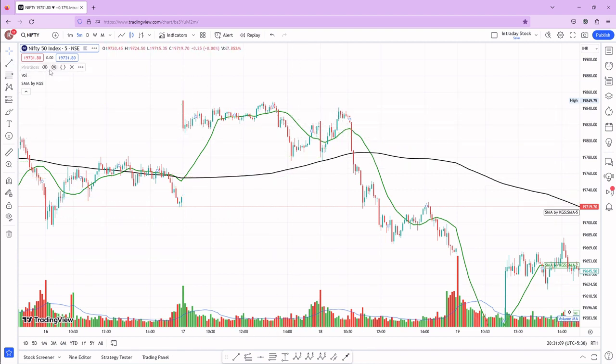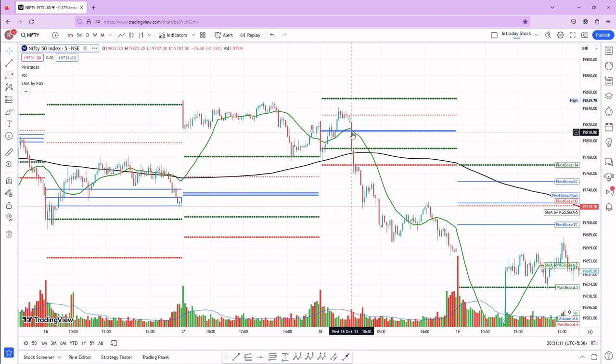But with the help of pivots, we will be able to predict: okay, this is a very, very narrow range, compared to this itself. Based on that, what we can expect is that it can be a trending day, but we are not sure which direction. That is another question. First we come to know whether it will be a trending day or not. But deciding the direction plays a major role, and he has brought that in here.